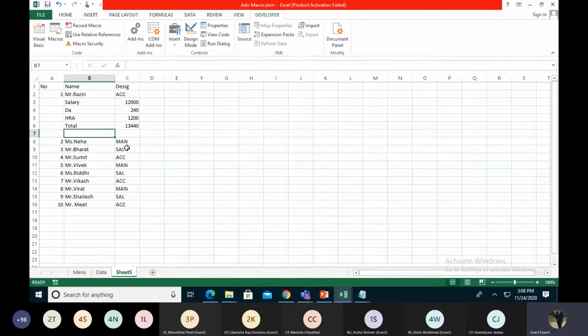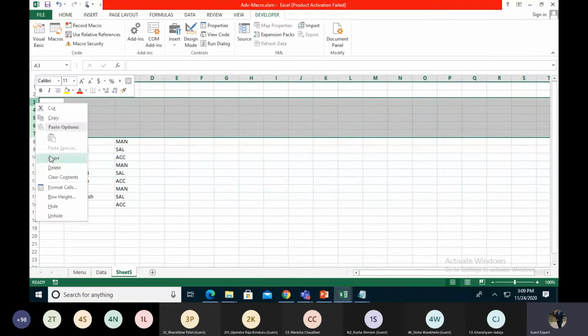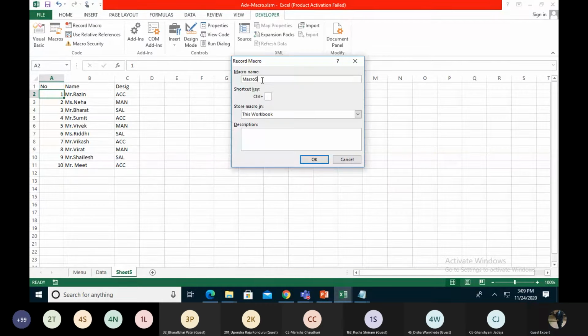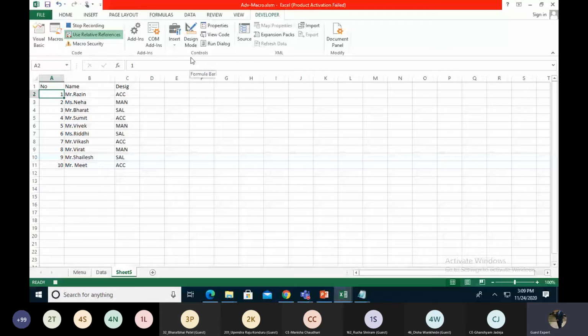So we are using a macro for this also. Let me show you how to create this kind of macro. This is called a looping macro. My A2 cell has been selected, and I start the macro, naming it Loop macro, with the shortcut Control Shift plus Q. I press OK and start recording with use relative reference.